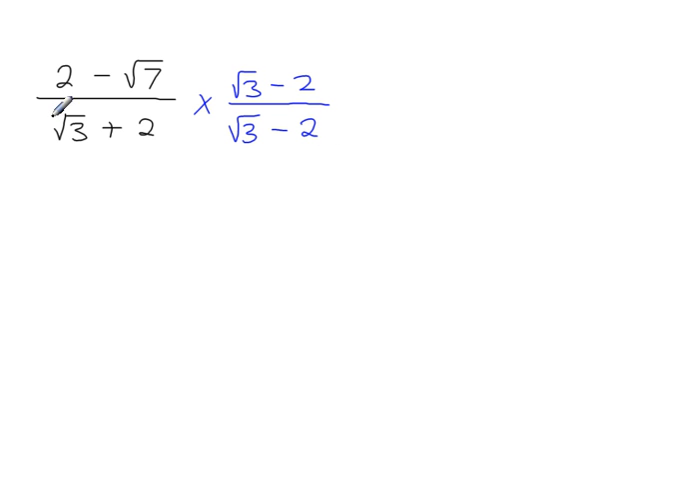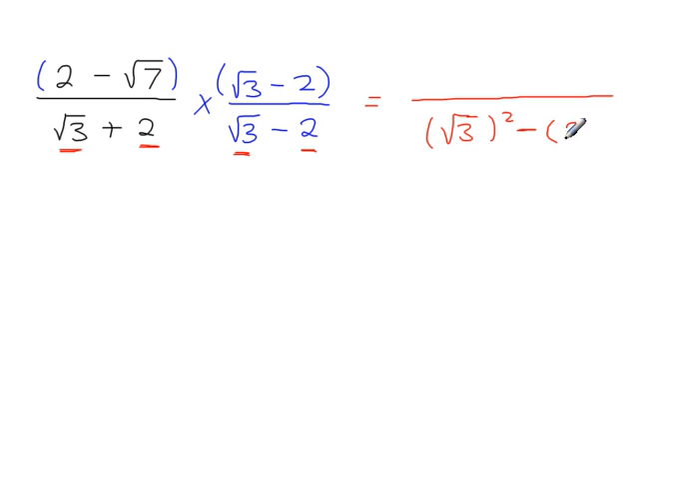And now I'm going to multiply these numerators together and these denominators together. Now multiplying the denominators is just the difference of two squares. So take the first term, which is root 3, and square it. The difference, the minus. Take the second term, which is 2, and square that. There. Now along the top,